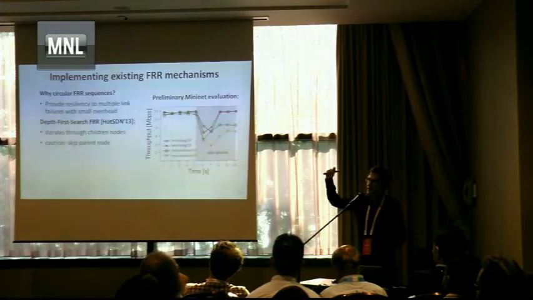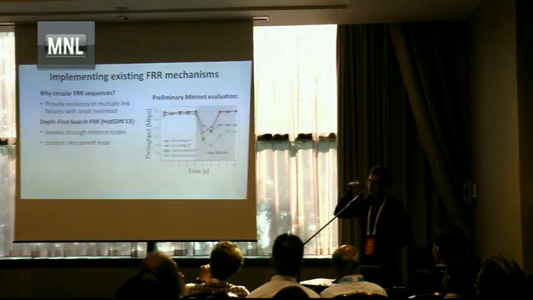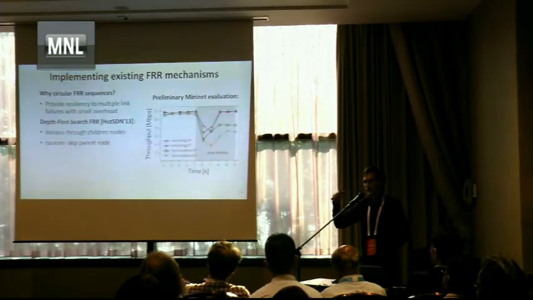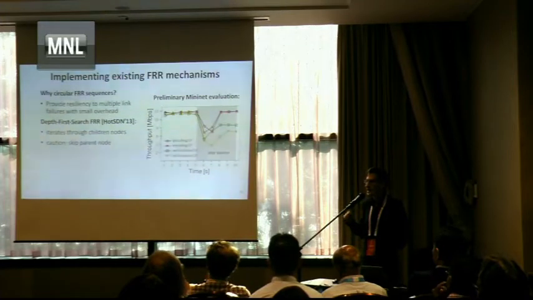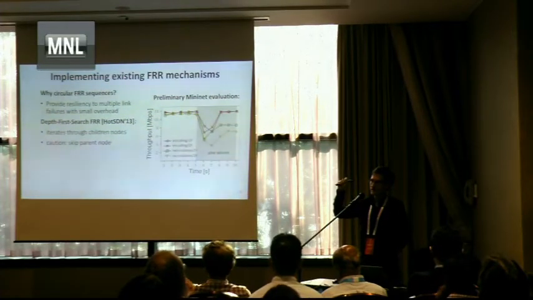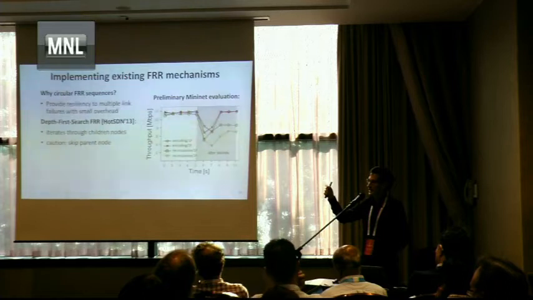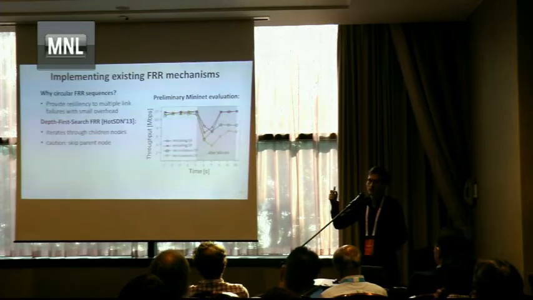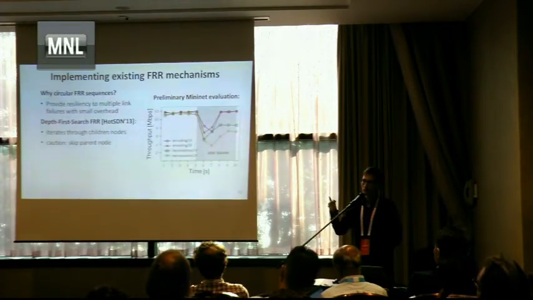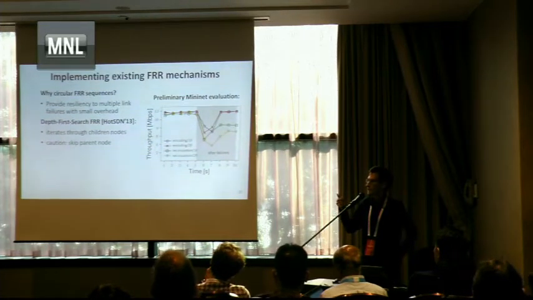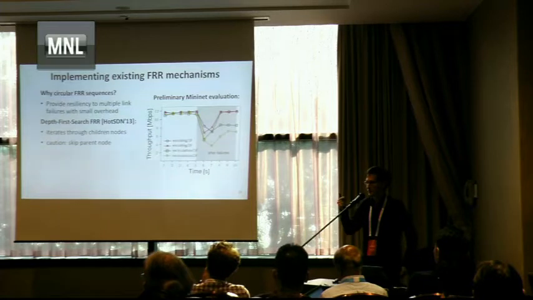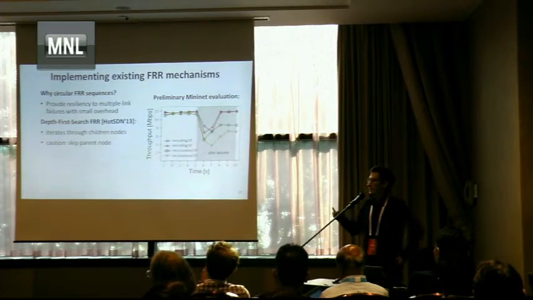what you do is you receive a packet from a parent node, then you want to explore all the children nodes, and only then you want to send the packet back to your parent. But you don't know the parent as long as a failure happens in the network. So when you install the rules in your TCAM entries, in your forwarding state, you won't be able to predict who is the parent node. So this requires some additional